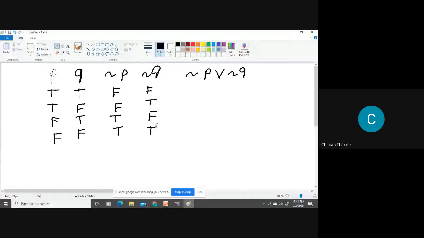Now we have the negation of the conjunction.